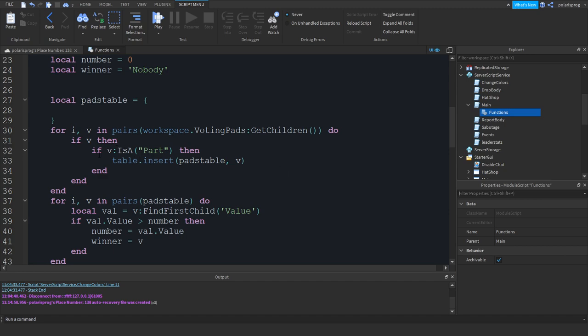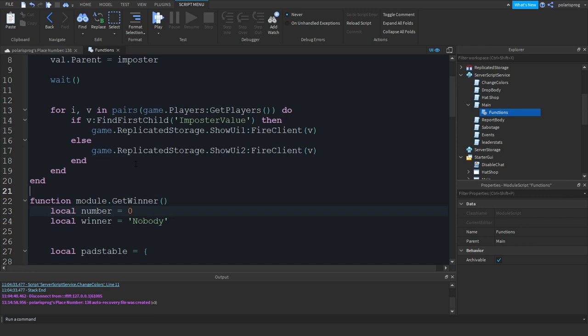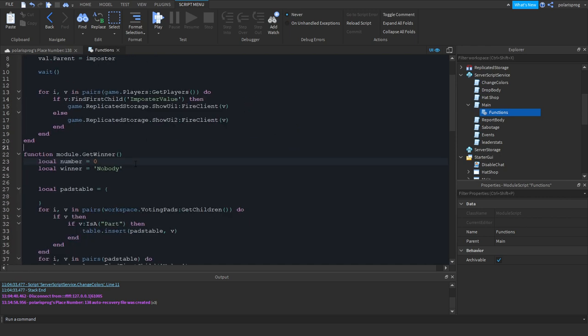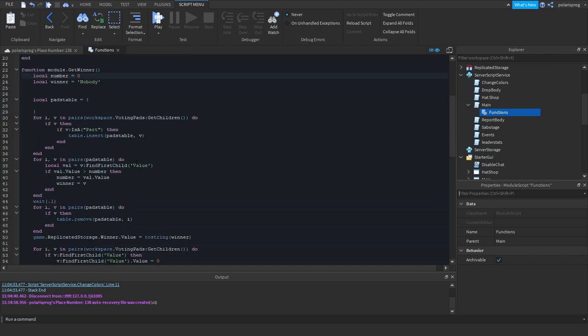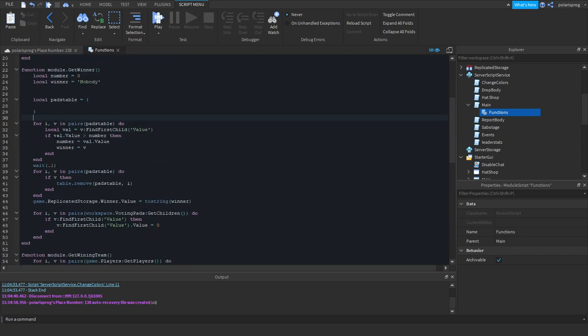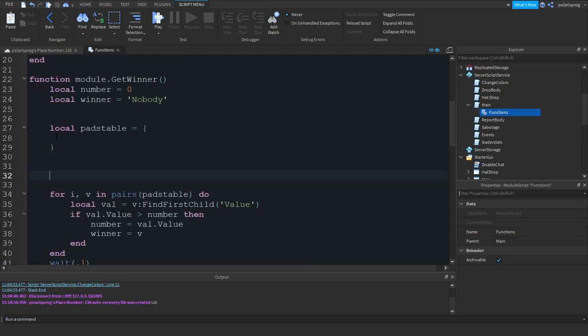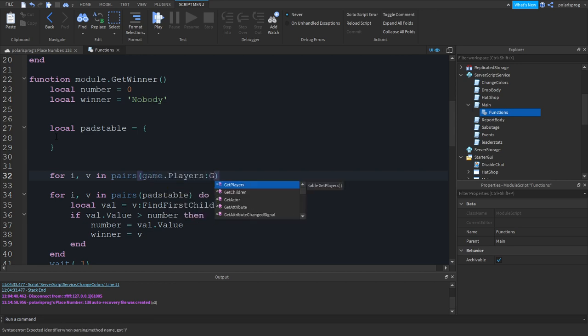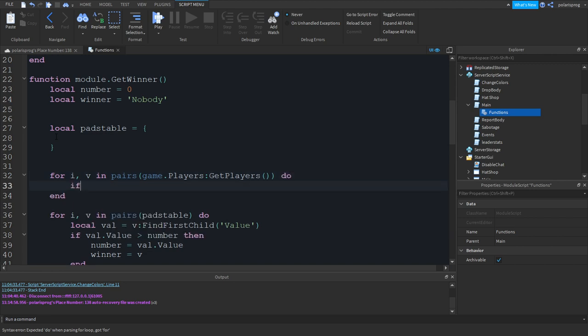So what we're going to do is, inside of your getWinner function, we are going to change this for loop. So just delete this for loop, the first for loop, and we will create a new one. So for i, v in pairs(game.Players:GetPlayers()) do, if v then